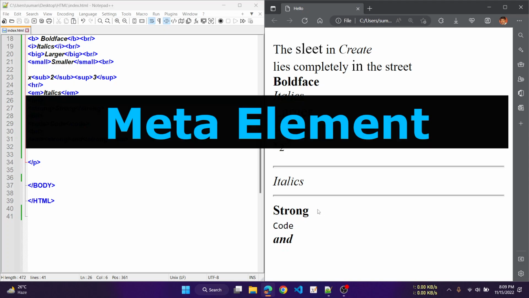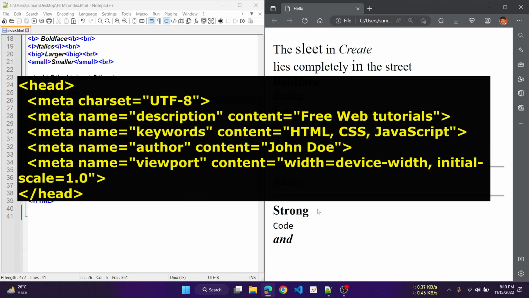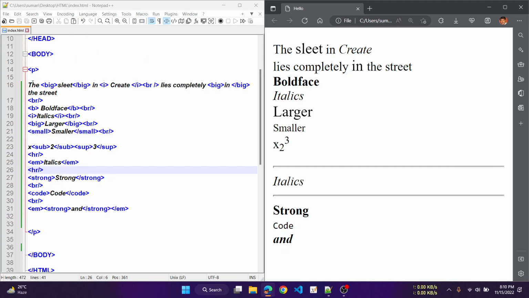Our last discussion on the basic text markup would be on the meta element. The meta element, that is for the search engines, used to provide the additional information about a document with attributes, not content. Two attributes that are used to provide the information are name and the content, and how that meta content are used or the meta elements are used. And here how we can write it. At first, delete those,